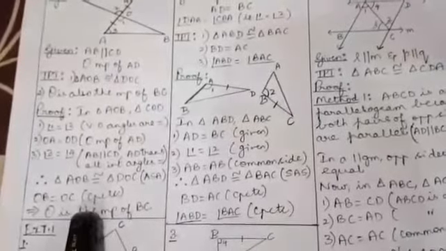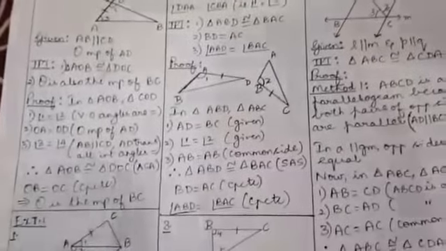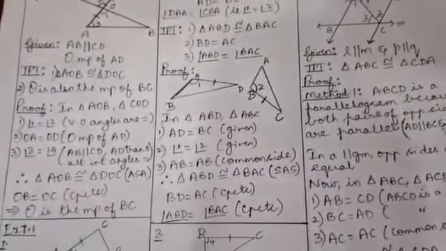So what is it that we know? We are given that AD equals BC. Side AD of the first triangle is equal to side BC of the second triangle. We also know that angle 1 of the first triangle is equal to angle 2 of the second triangle. Alright, we need one more piece of information. This is all that is given to us, but we need one more. What do we observe? These two triangles have AB as a common side.